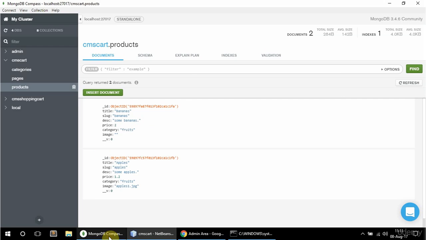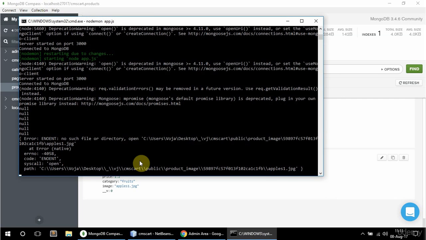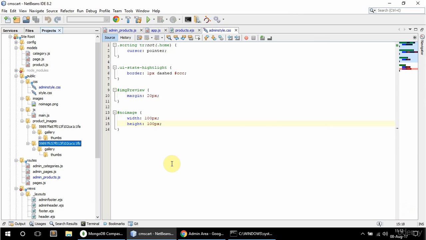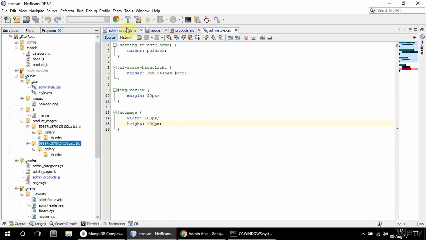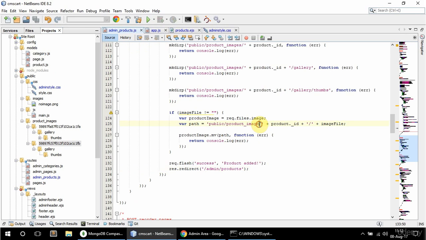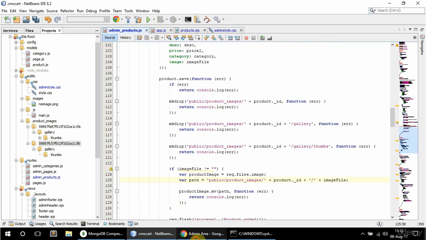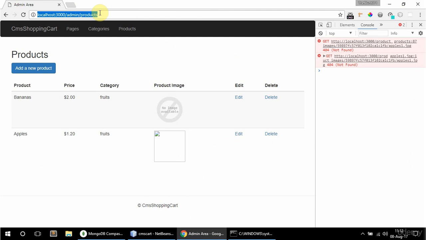Okay, let's see here. I actually have an error, so no such file, product image. I'm missing an S here, so that's the issue. Let's see, that's in admin products. Oh, here. Yeah, you guys might have caught that. Sorry about that. But anyway,